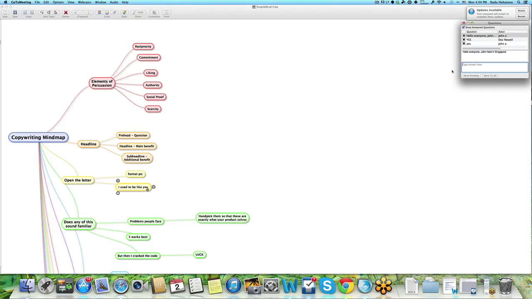And scarcity, you've seen this all the time. We only have five spots left, or this is going down in 7 days, or the price increases with every X sales, and so on. So these all are elements of persuasion, and they work in every area of making sales, not necessarily online, not necessarily copywriting. But if you're in the sales business, these 6 elements will definitely help you.